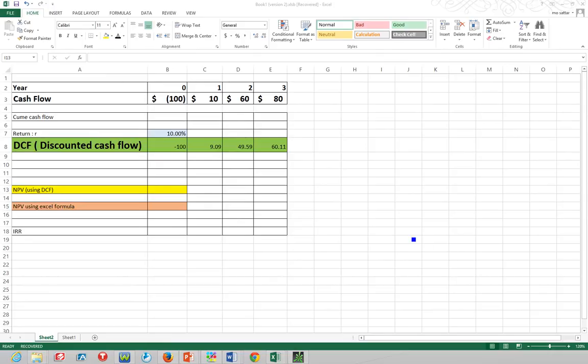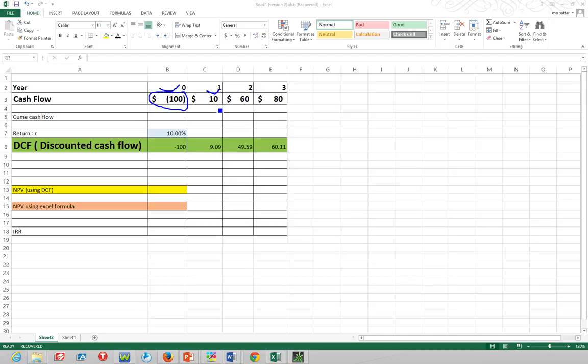So what I'm going to do is use Excel, and this is a supplement to the PowerPoint that you just went through. I'm going to show you how you would do it in Excel. In our project, like we said, we had from year 1, 2, 3 this cash flow,